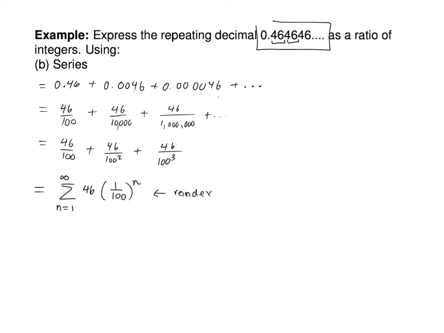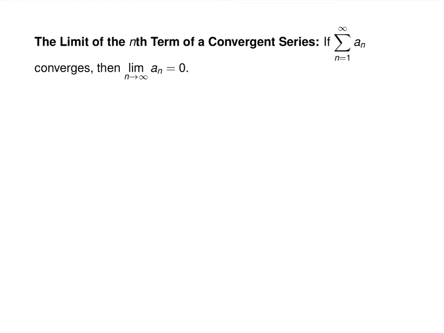On your WebAssign, I don't really care how you do it. The algebra trick is totally legit. Go ahead and use it, but this is how you make it into a series. Does that make sense? I chose to put things over 100 because the pattern was happening in 2s. If the pattern was just happening in 1s, put stuff over 10. Does that make sense? If the pattern happened in 3s, it'd be over 1,000. If you do 3 or 4, it'd be ridiculous with 1,000.